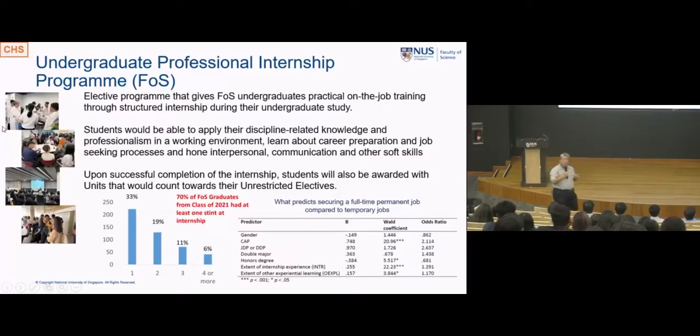My CFG colleagues, the Center for Future Ready Graduates, tell me that among students who go for internships, about a third or more will get offered a job on the spot by the internship company: when you graduate, can you come back? I'd like to offer you a job. That's how the internship gives you the network and all that. And it doesn't surprise me that when we do the analysis, what predicts securing a full-time job compared to just not securing or having a temporary job?